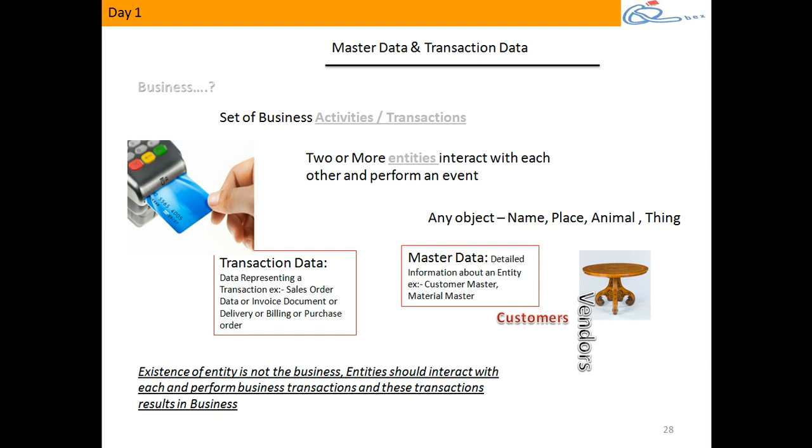So can I say that when I say business, it's all about a set of transactions or business activities that we do? Can I define it like this? Whenever we refer to business, I can say it is a set of activities or transactions we do, and depending on the type and scale of the business, the transactions will differ.